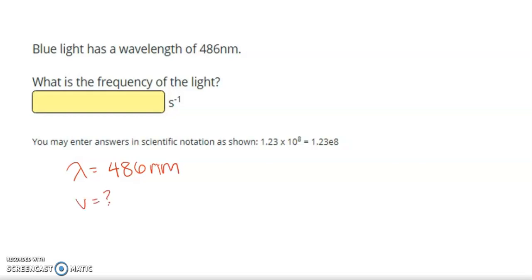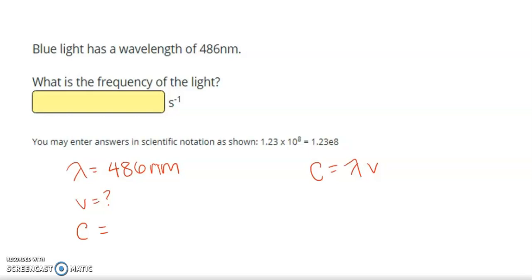We're looking for frequency. There's something else that we know. Now, this is light, and light has a constant speed. And that's going to show up in this equation, c equals wavelength times frequency. So speed of light equals its wavelength times the frequency. Well, c is equal,